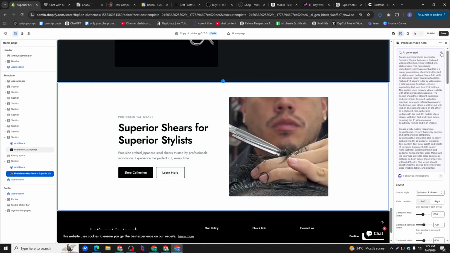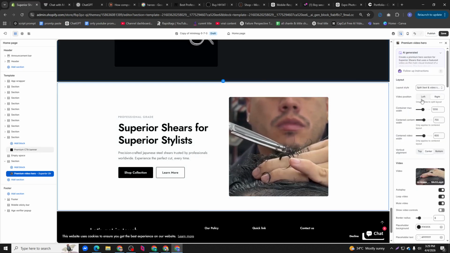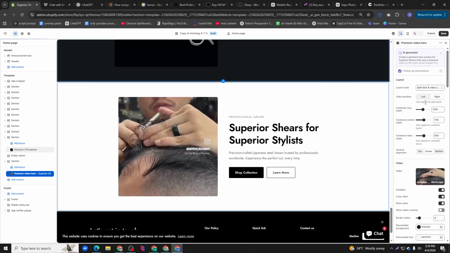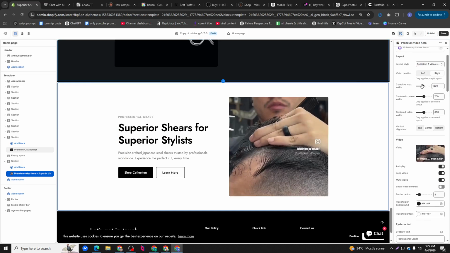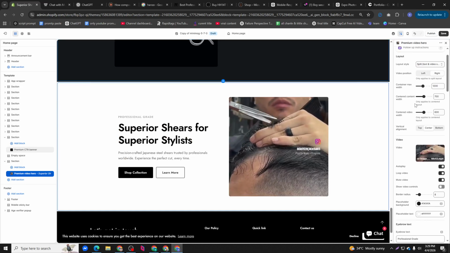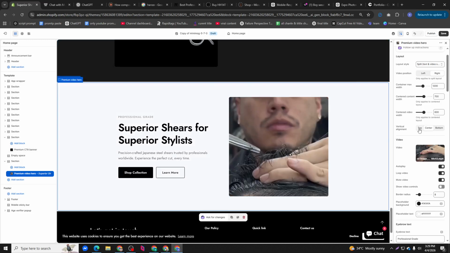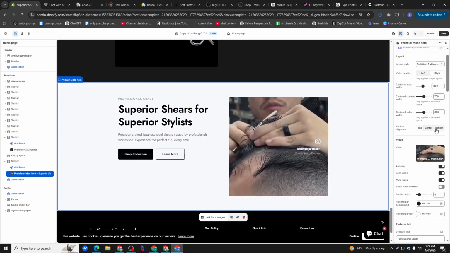Okay, so guys, I hope we completely got it how it is done. And then now I can actually control the edit. I can make the video left, I can make the video right, and then also, guys, I can control the container width. I can control the content width. Okay, I can make it bigger, smaller, and then also particle layout. Okay, top, bottom, alignment. Okay, I can do everything.